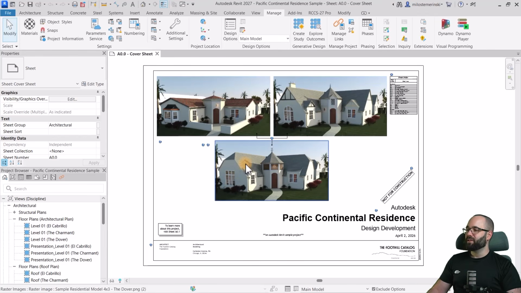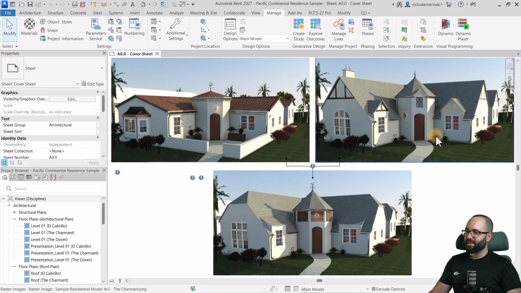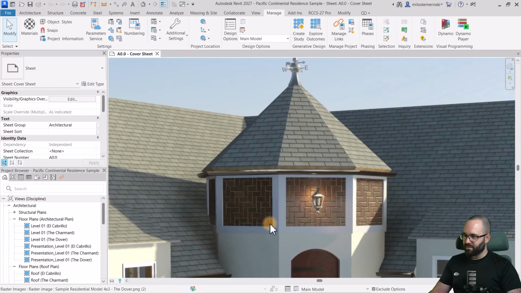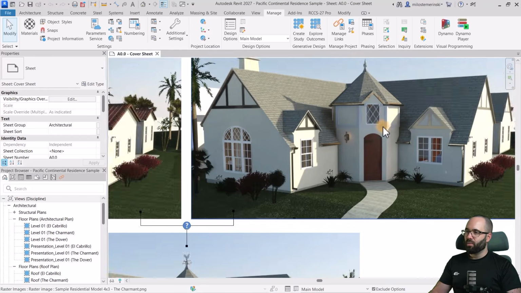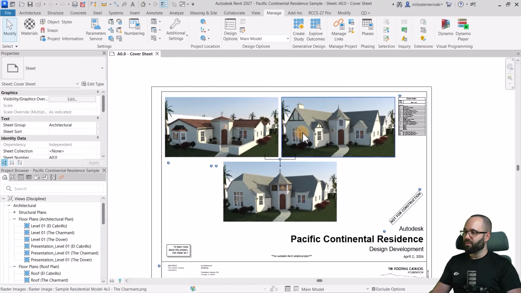Now we can notice here that we have a single project. However, here we have three very different images. You can see from this kind of entrance, it's a hexagon, and all of these are an octagon. But you can see here we have this kind of brick. Here we have a window. Here we have a light. So it's quite different for all of these, and these are design options. So it has three different design options, and now we're going to be explaining all of those and the setup